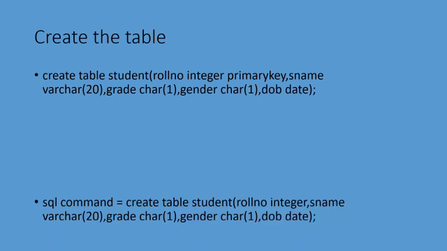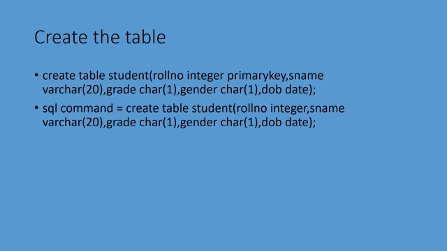Next, date of birth, date. So here date of birth I am going to give as the field name. For that I can give the data type as date. That's all. So now how to execute these commands in SQLite? You can give like this: SQL command equal to, you can repeat the same, create table student, within a bracket you can give all the field name, space, data type. That's all. So it is a way how to create the table.